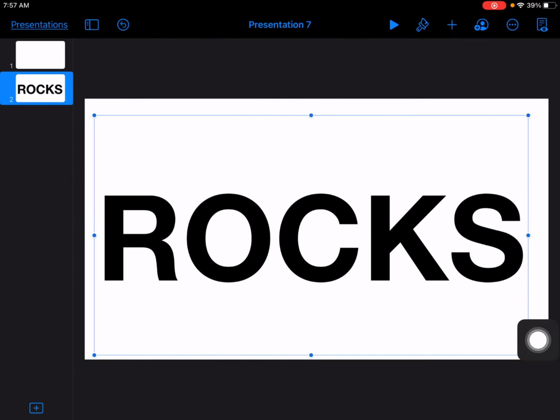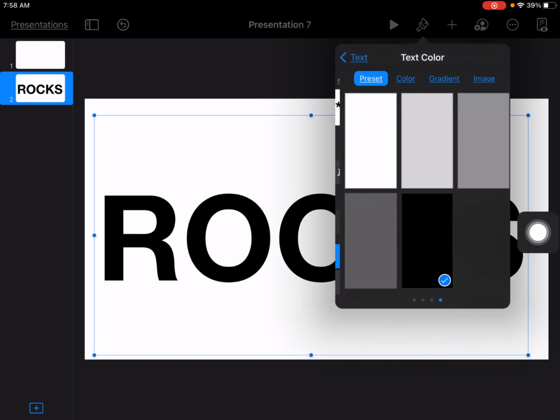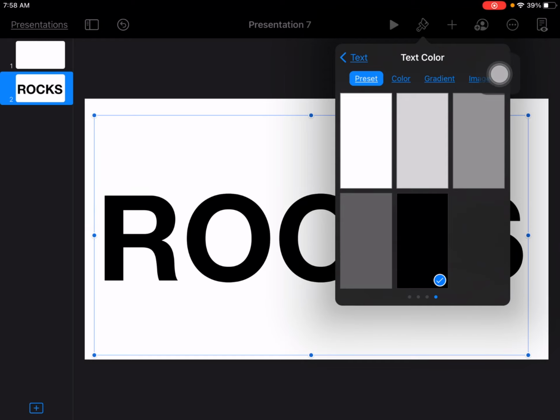Okay, so the next thing we're going to do is change this word from just being a regular typed word with plain colored ink filling in those letters. So again, while this is selected, we're going to go back up to the formatting tool in the toolbar, so back to your paintbrush, and right here on the text tab, we're going to go to text color. I bet you've seen this many times and maybe not thought about the fact that you could change this to an image. So go ahead and tap on this little arrow to the side, and now tap on image right up here,